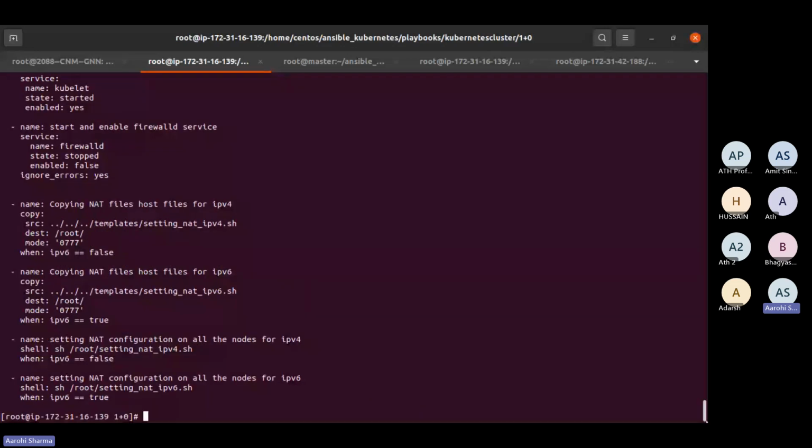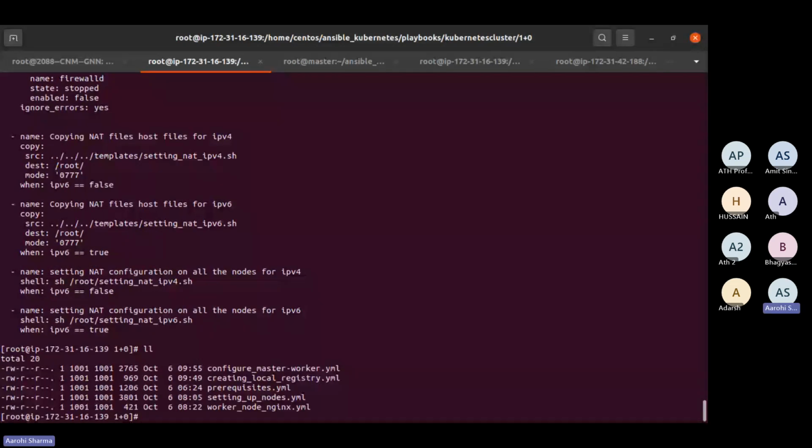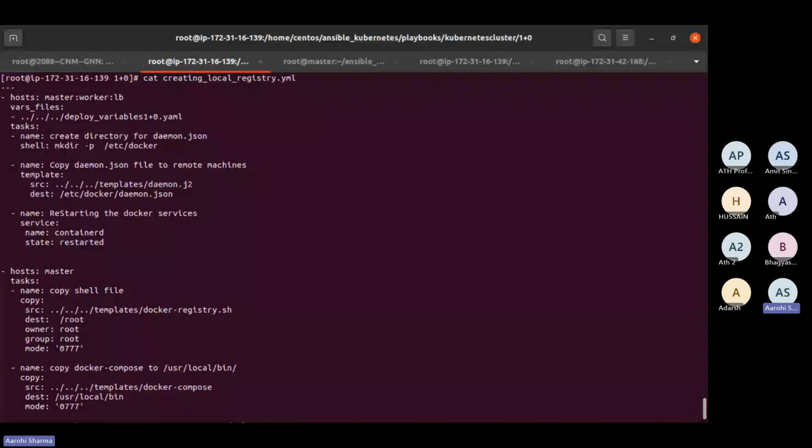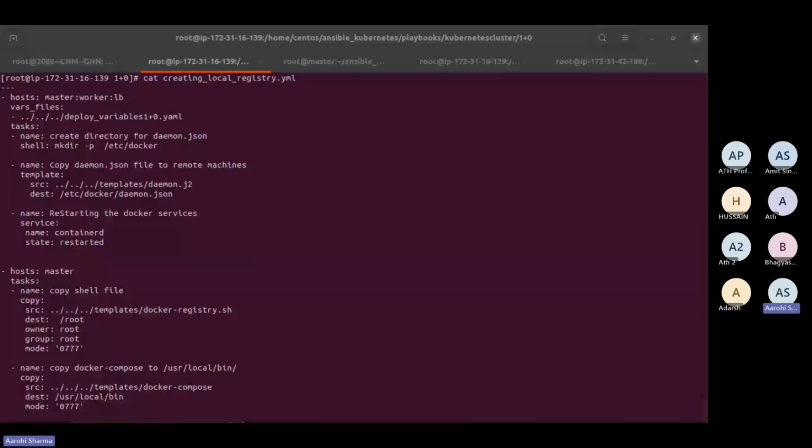Then we have another thing, that is configure creating local registry.yaml. So guys, when I'm talking about the local registry.yaml, first of all, what does it do? This particular playbook which I have written basically focuses on configuring Docker on different types of hosts. Guys, you know that we are working with one master node and one worker node, right? And it also includes the tasks related to setting up the local Docker registry. Means by this particular playbook, you are able to set up the local Docker registry file, where you are mentioning.